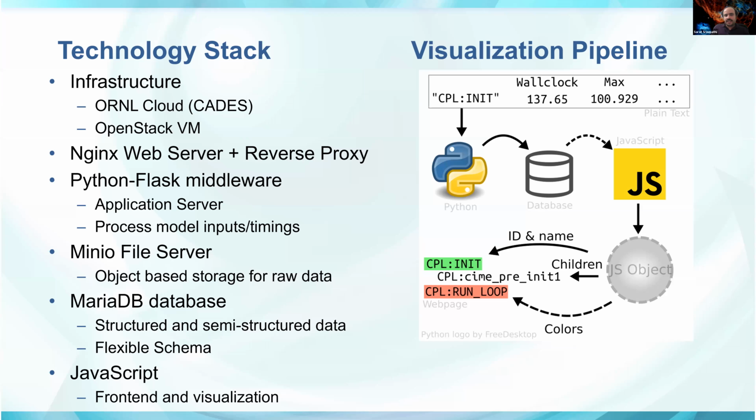So this is basically object-based storage for storing all the raw data. So all these 30,000 zip files that are there, they're all stored in this, with the metadata being stored in the database. So it's a two-tier storage, and you can easily retrieve raw data based on a particular experiment. And finally, we have decided to use MariaDB database, which is a fork of MySQL.